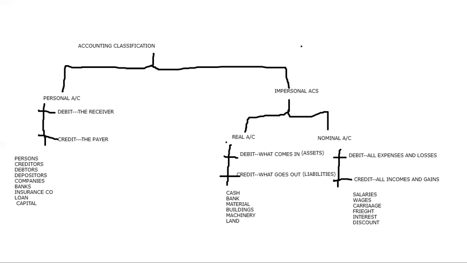So this is about a categories of all these things. Here, all my transactions I'm going to record in this manner. I'm going to categorize as personal, real, and nominal, and then I'm going to go for categorizing in this manner. So this is our way of recording. And now I will tell you each example, how actually it goes on. So here I'll tell you one example about each thing.